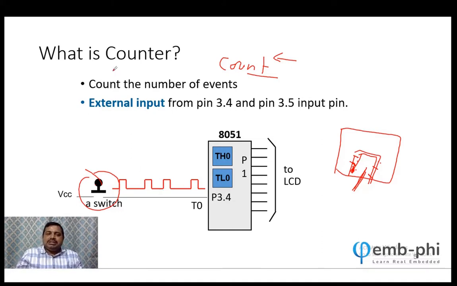So this counter is asynchronous. What is the meaning of asynchronous? We don't know how many people will come. I don't know when you are going to press the switch. If you press the switch 10 times, it will count. If you are not pressing, it won't count. We don't know when the next person will come. Maybe 5 persons came, and then when the next will come, we don't know. So this is asynchronous. Counter means it will count whatever input we give.